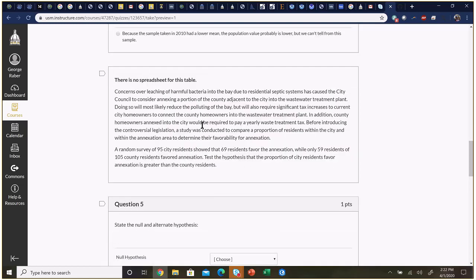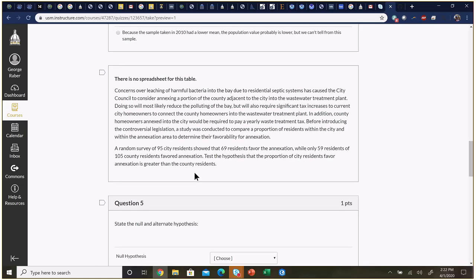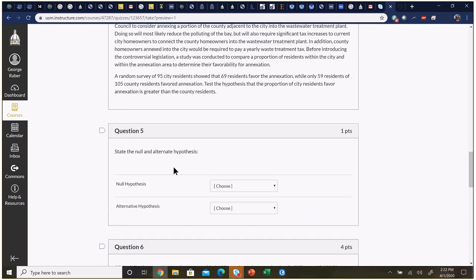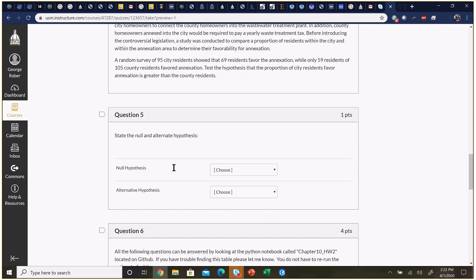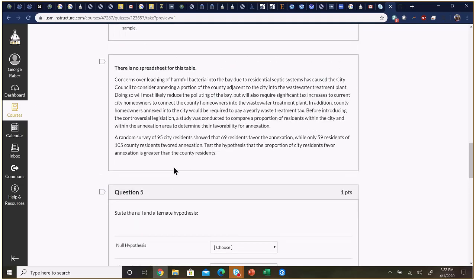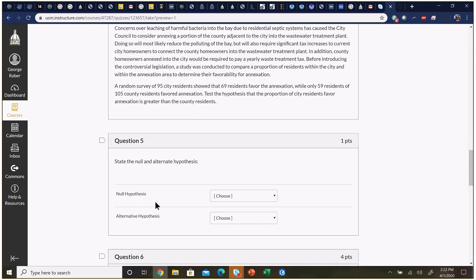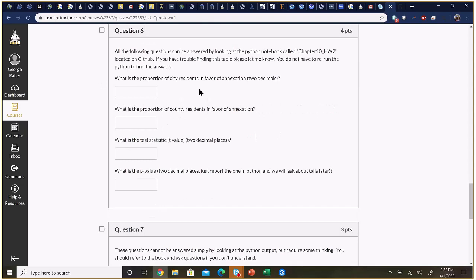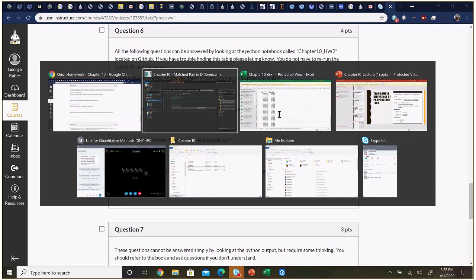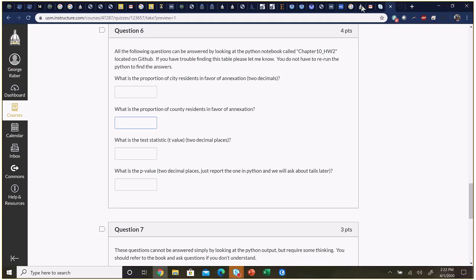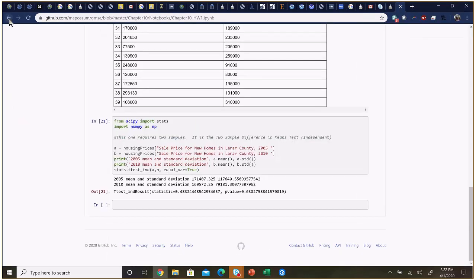Right. This next one, it's the same type of question, but we're looking at difference in proportions. So the questions are actually the same exact questions. State the null and alternative hypothesis. This time you're looking at proportion instead of means, so you're going to find those, and those will be on the GitHub